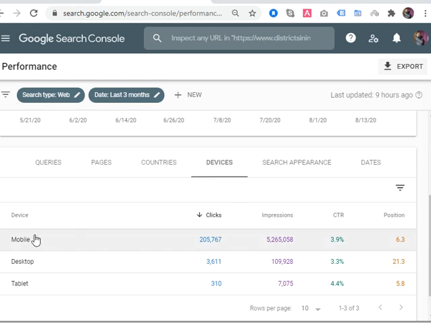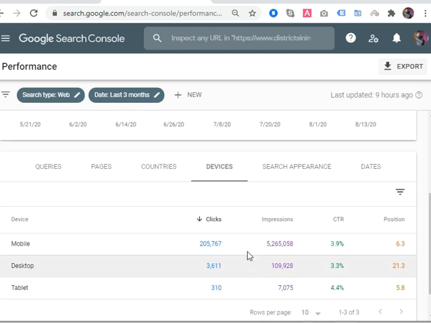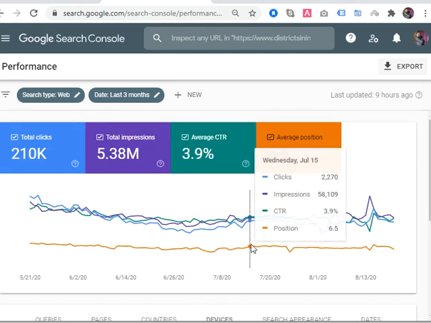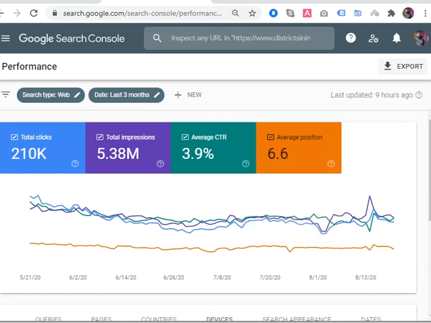So be careful that your website is getting a good number of impressions from mobile instead of desktop, but the CTR ratio is very different. On desktop it's at position 21, getting a 3.3% CTR, while on mobile your site is at position 6.3, but the CTR is only 3.9. So I think if you improve the position for desktop, your site can gain a good number of clicks. This is actually the part of analysis that you have to do in your day-to-day life.